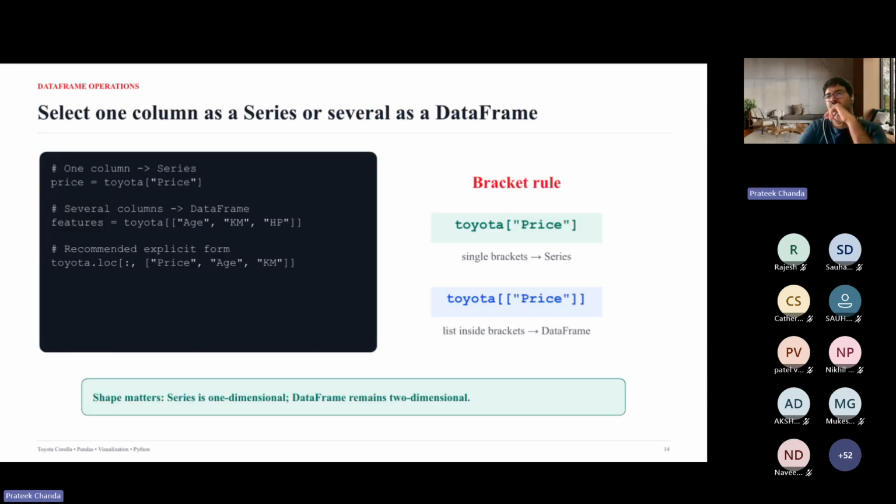You can also use something called .loc that gives you location-wise retrieval. If you also want to retrieve only corresponding rows, not the entire list of rows, then you can specify that before the comma itself. So the colon, as we saw in NumPy and other list settings, basically means that all the entries should be retrieved corresponding to the columns price, age, and KM. But you can also indicate the row IDs, and it would just give you those rows only.